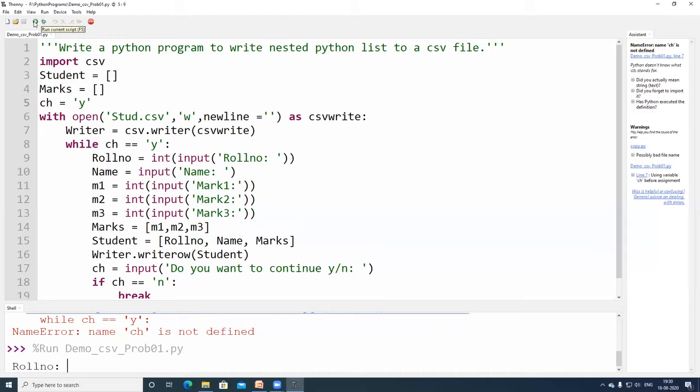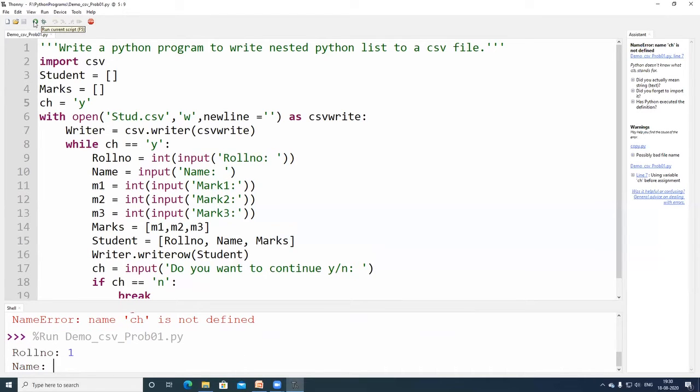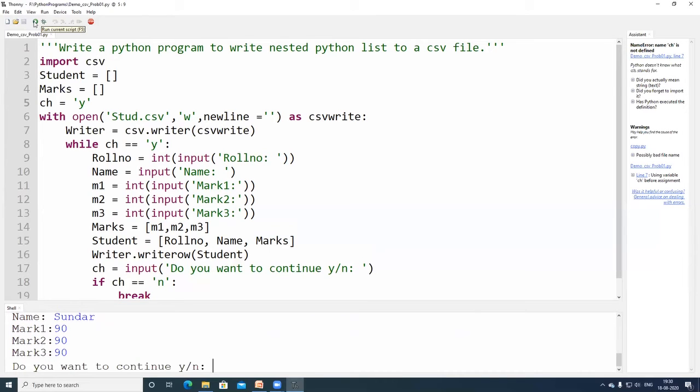Now it is accepting the input. I am giving the roll number as 1, name as Sundar. I am going to enter the marks 90, 90, 90. Yes. I am going to give it as 2. Sendil.